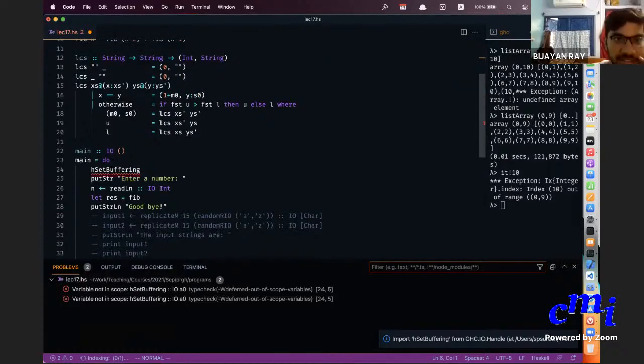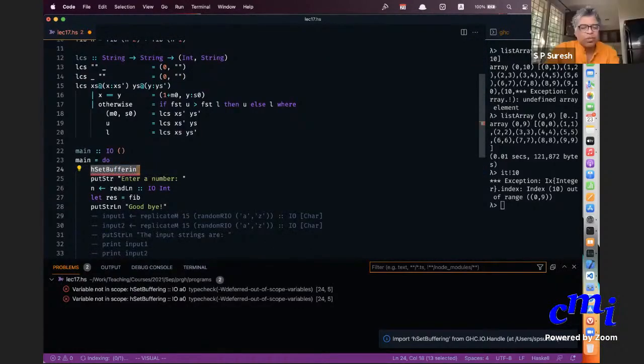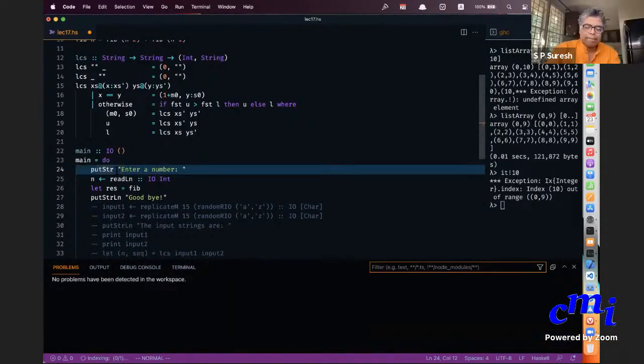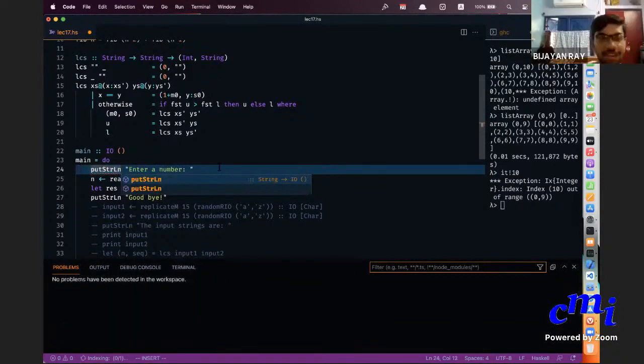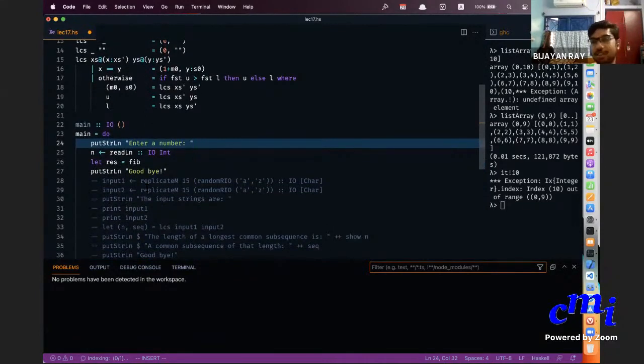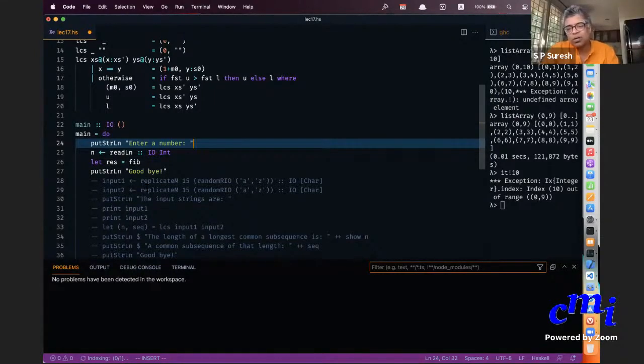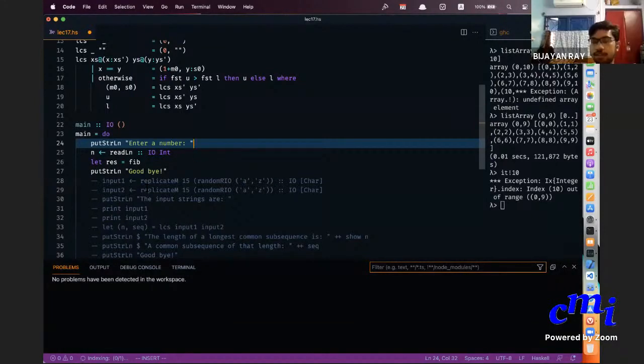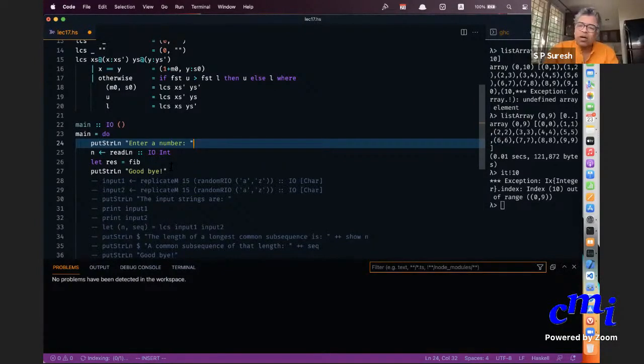Just a quick question. Who had a question? I saw that System.Random was imported in your Haskell code, but I couldn't import it in my code. It's not recognizing that package. In your Visual Studio Code? Yes. I don't know. For certain packages you should go and do cabal install or whatever. We'll figure it out later.